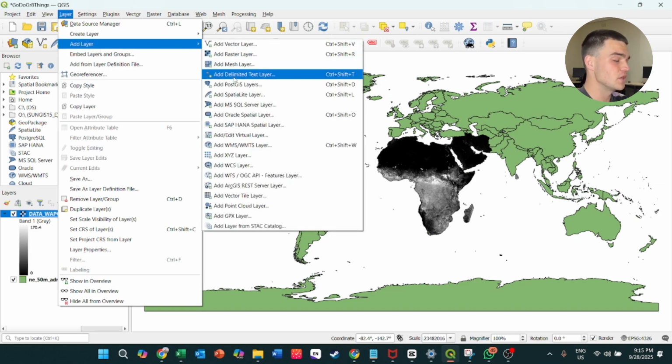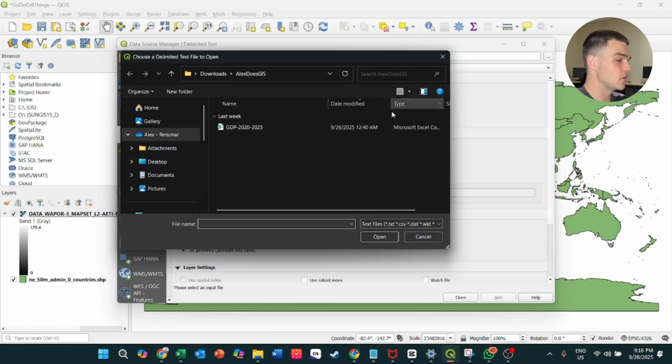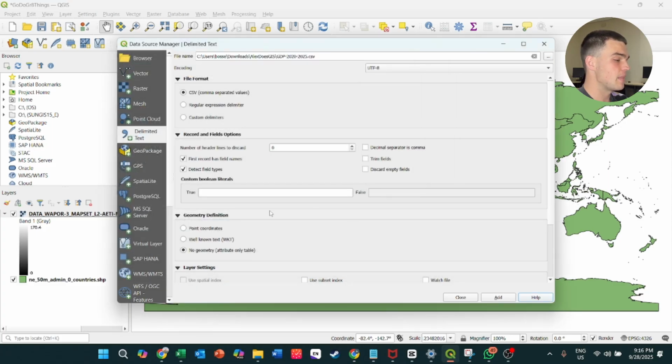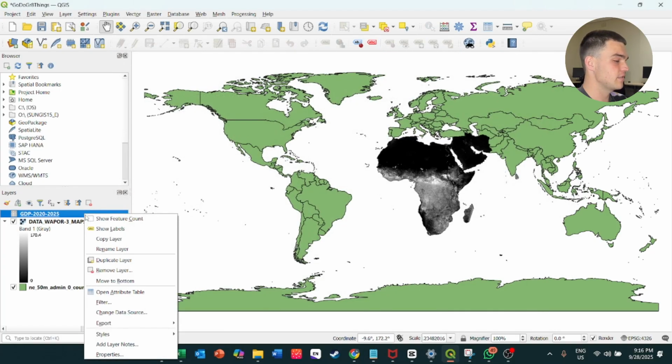Lastly, for the table, similarly to the previous two, we are going to go layer, add delimited text layer, which is our CSV file. We are going to navigate via source over here. We are going to look for it. Oh, there it is, our GDP from 2020 to 2025. We're going to press open, and then we are going to make sure that no geometry is clicked, and then we'll press add, and then it has successfully added into our